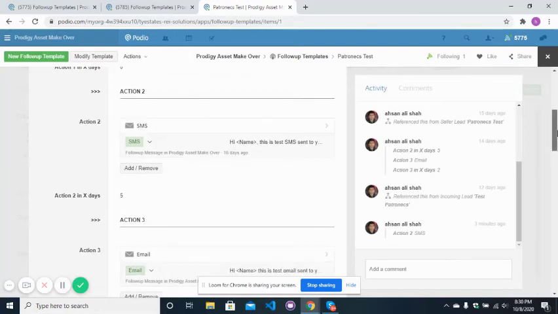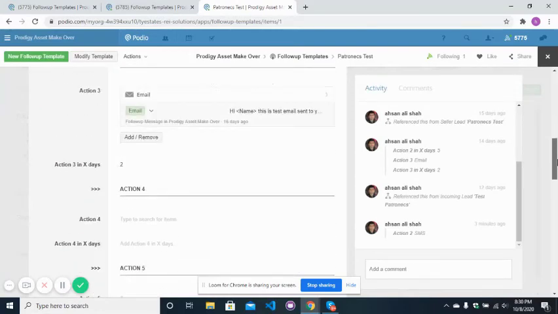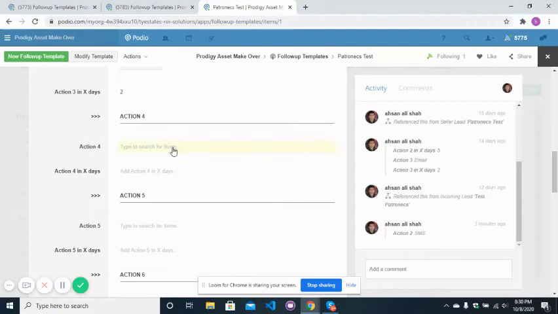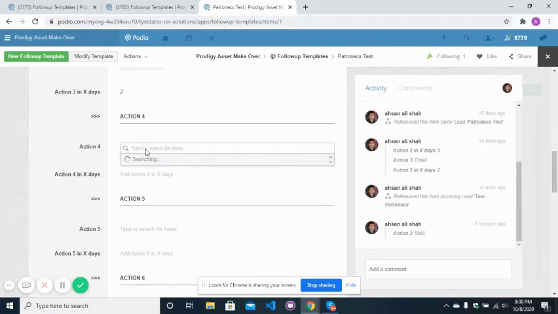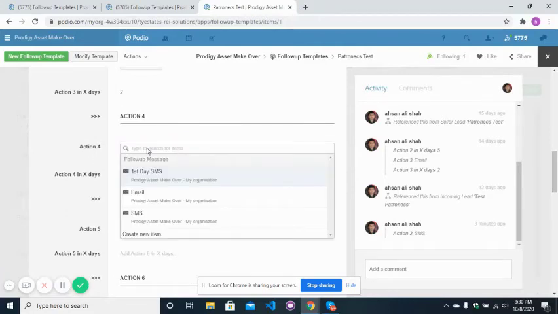So here is action 1, action 2, action 3. All of these are selected. Action 4 is not selected. If I click on action 4, it will display all the messages that we have defined inside the follow-up message. So for example, I want to send the SMS at action 4. I will select that follow-up message that I have designed,